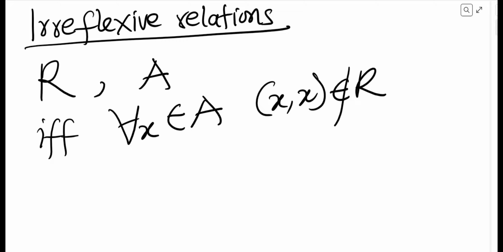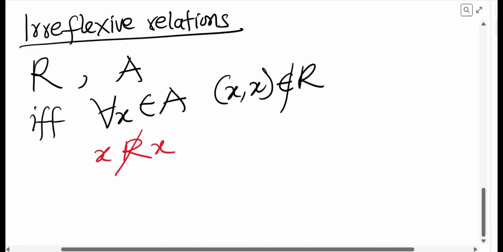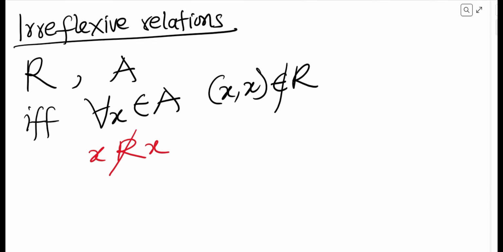In other words, X is not related to itself. Unlike reflexivity, where every member needs to relate to itself, in irreflexive relations, no element should relate to itself, not even